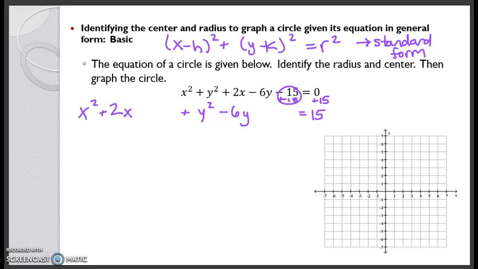So now what we're going to do is complete the square so we can get our x's to be factored into something that looks like that. All right, so we're going to have to add something. Now, whatever we add to one side, we have to add to the other side, right? So what are we going to add to complete that square? Well,